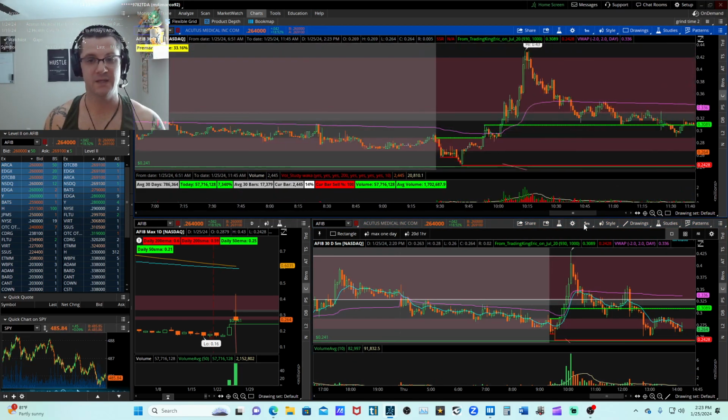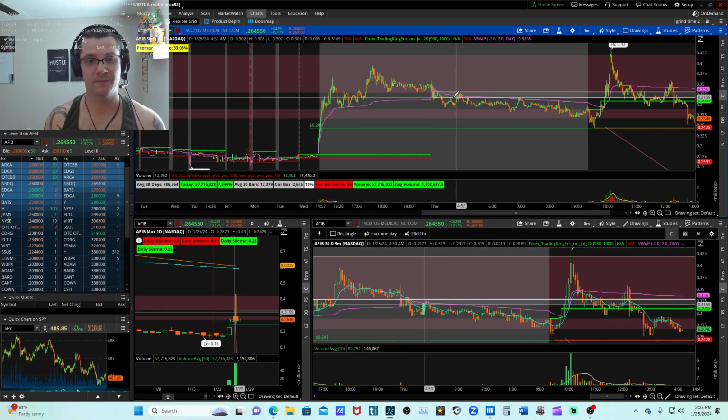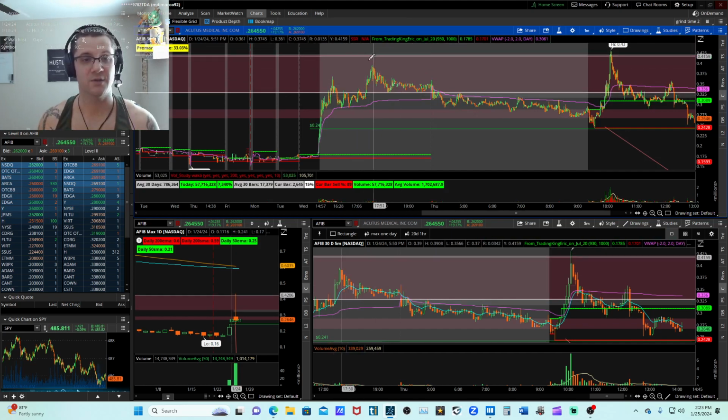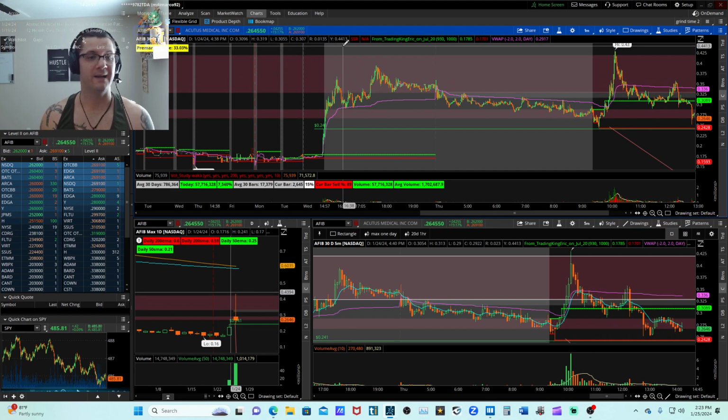To me, once we break over this sideways pre-market structure, where is that next possible area? What is an area of interest? And to me, it's this area. So if shorts were here, if any shorts piled in right here, ideally